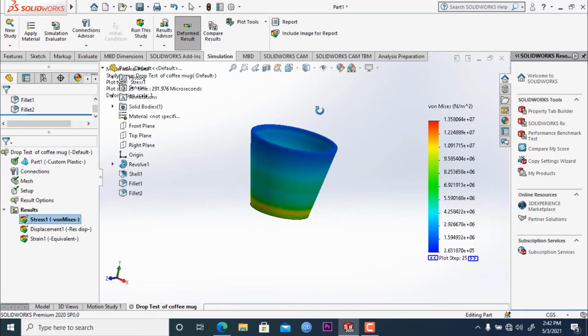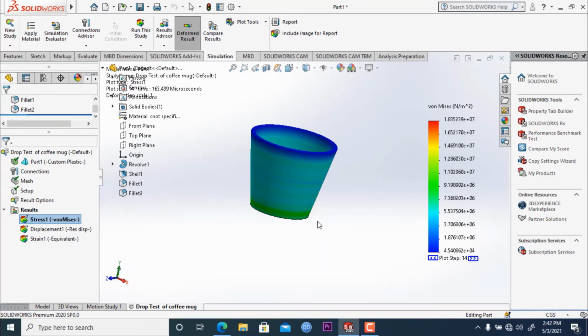If you take a look at the legend, you can see underneath the legend it is showing a new option called plot step. What it does is, you can see different steps of the analysis and the different steps of impact and the result here, right here, if you just go back and forward.